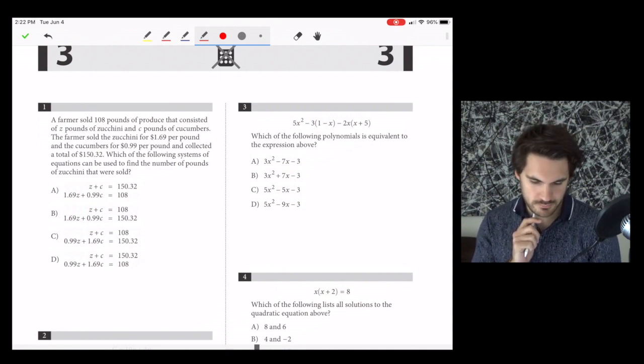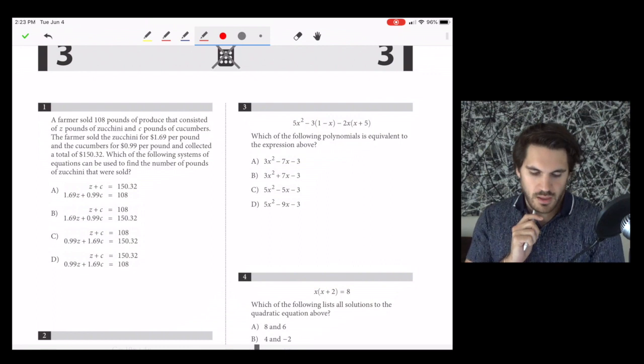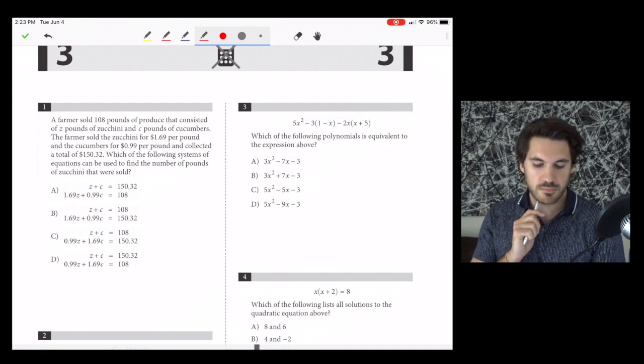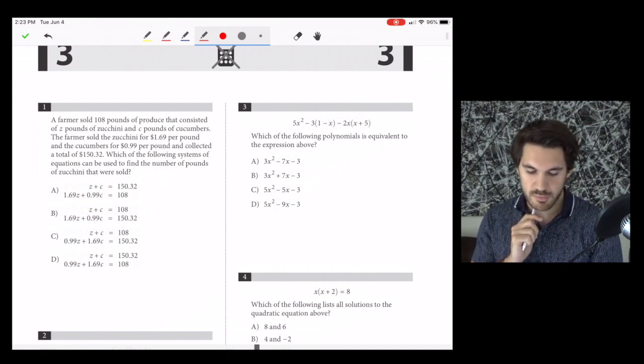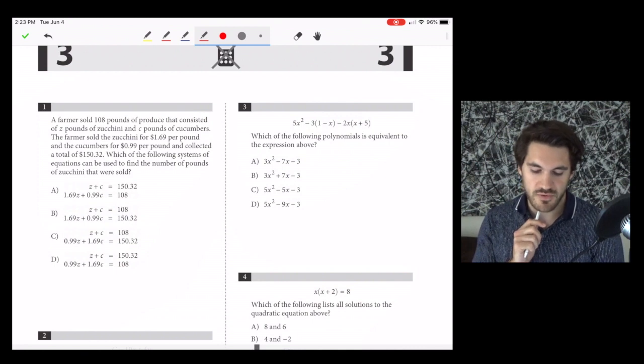Number one, a farmer sold 108 pounds of produce that consisted of Z pounds of zucchini and C pounds of cucumbers. The farmer sold the zucchini for $1.69 per pound, the cucumbers for 99 cents per pound, and collected a total of $150.32. Which of the following systems of equations can be used to find the number of pounds of zucchini that